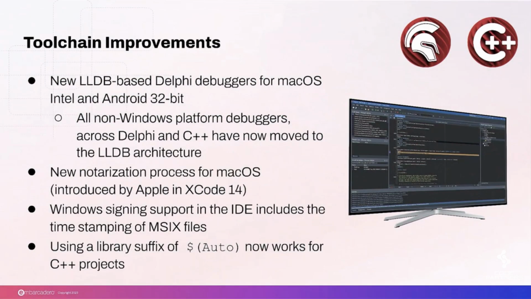RAD Studio has a number of toolchain improvements. We support the new notarization process that Apple introduced with Xcode 14. You can now timestamp MSIX files when building from within the IDE, and we support an automatic version suffix in C++ Builder. This is a very useful feature when upgrading packages and libraries, in that it's normal to name packages